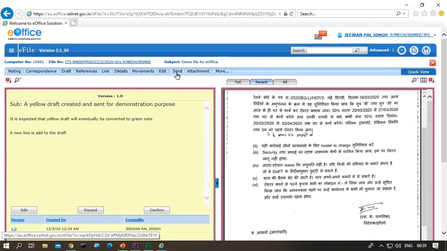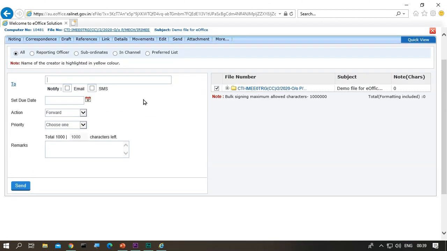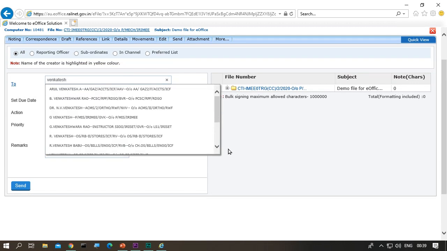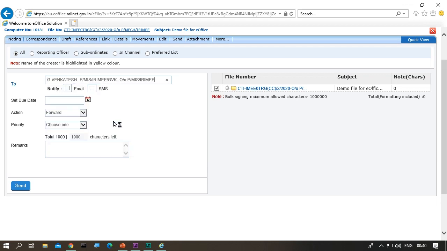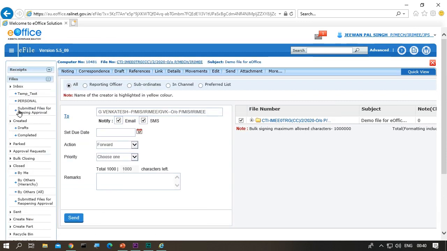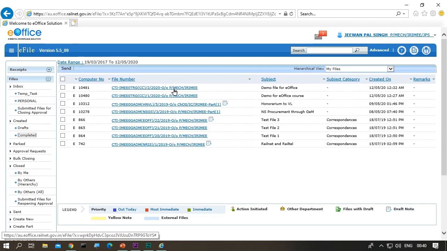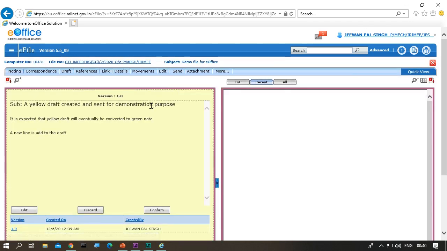And send. Again, we select a recipient by typing the first few characters of the name, and select the notification system, and then actually click it. But we have again not sent it, because this contained the yellow note. I just want to show after digitally signing how the letter looks.